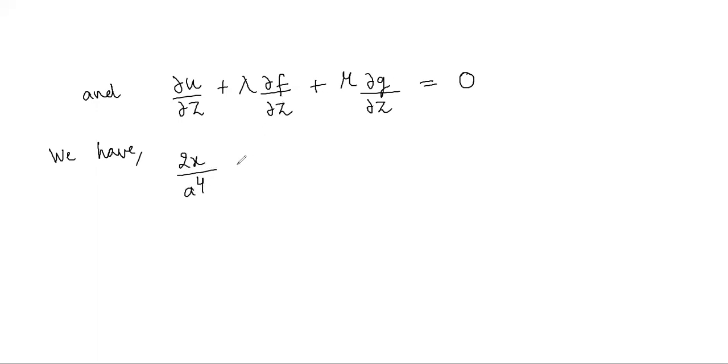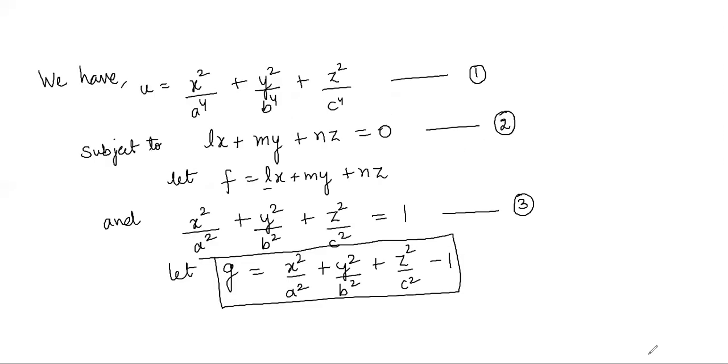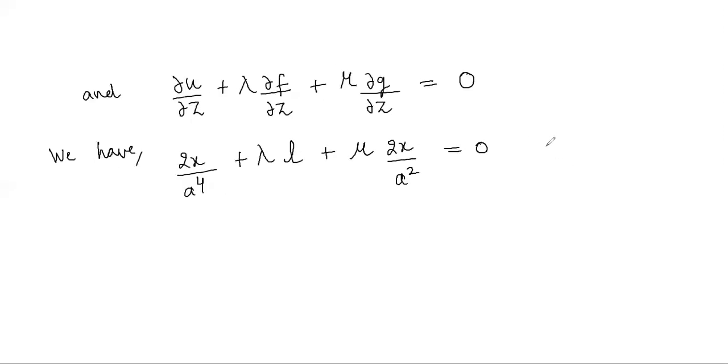The next term is lambda del f by del x, which is L. Then we have plus mu del g by del x, which will be 2x upon a square equal to 0. And we will be naming this equation as equation